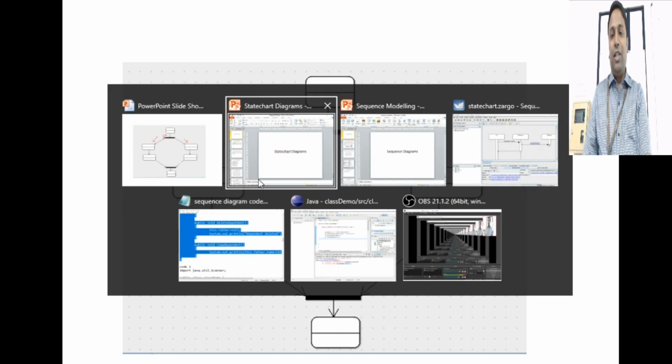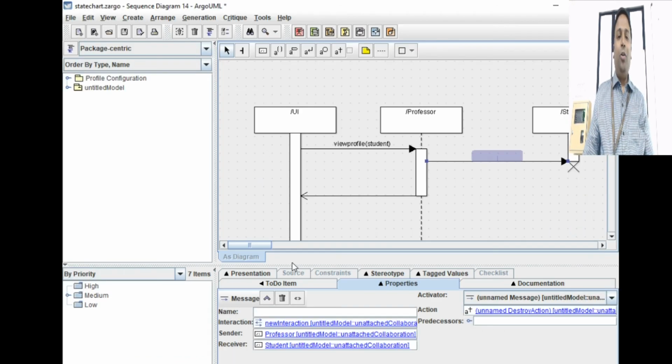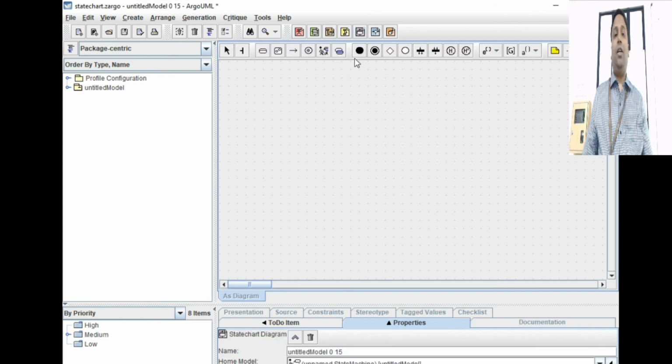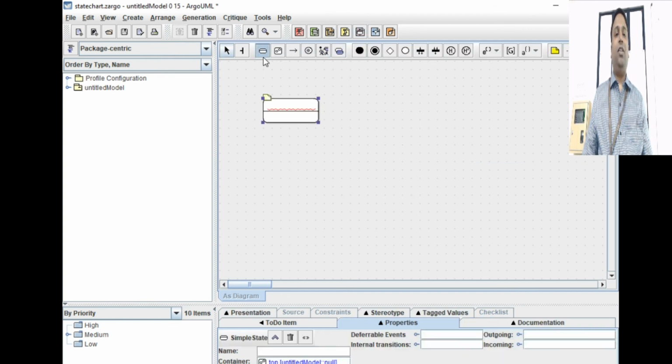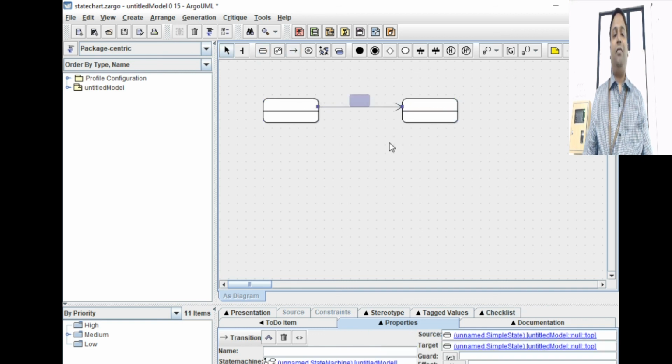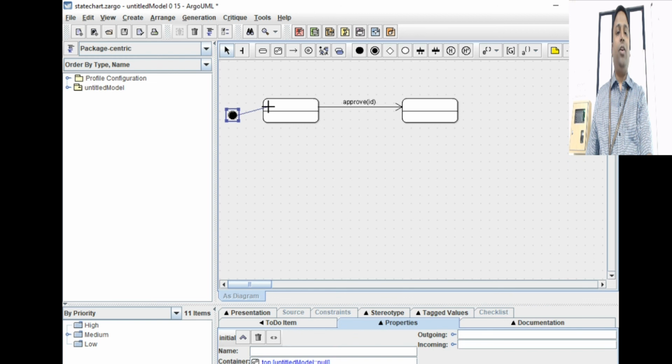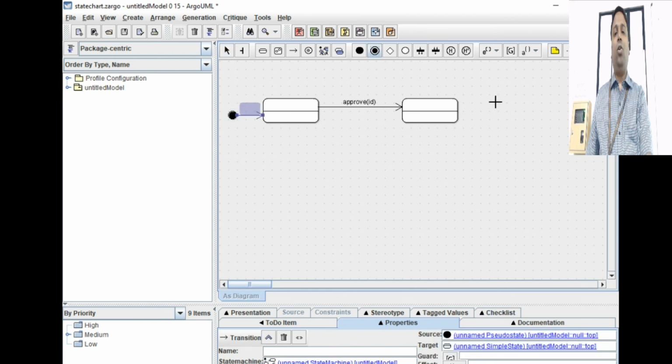How to do this in ArgoUML? Very simple. You just go up and you search for new state chart diagram. Click on that. You get all the notations here. This is for a state, and this is for another state, and this is for transition. Just link it, and you give the method here. It can be like approve or something from the class diagram, and state is done. And you have this starting state, which is again something that you have to give. It's a standard, and the closed final state.